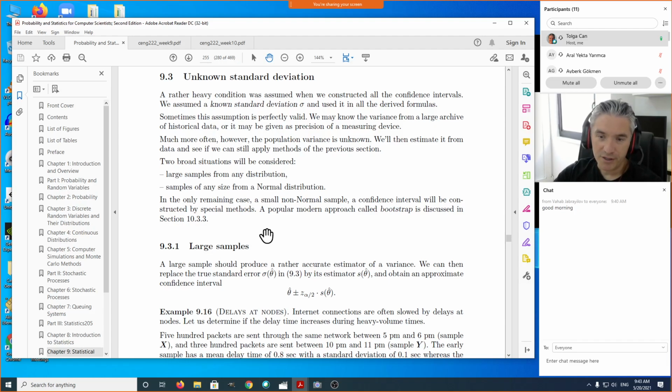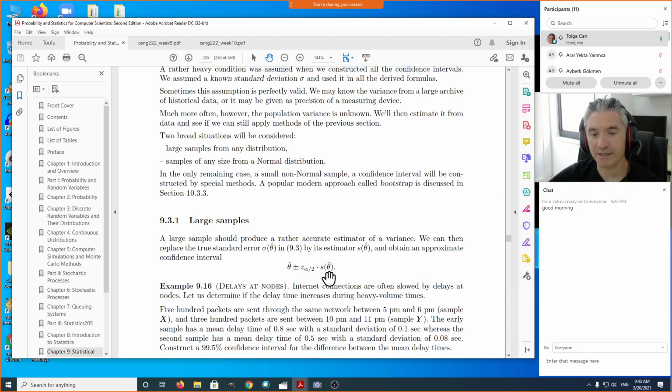So when we have a large sample, we don't need to know the population variance. We can use our estimate, which is the sample standard deviation. The standard deviation of our sample can be used as our standard error. So we estimate the standard error by the sample standard deviation, and we use that instead of the sigma that is given to us. Okay, so